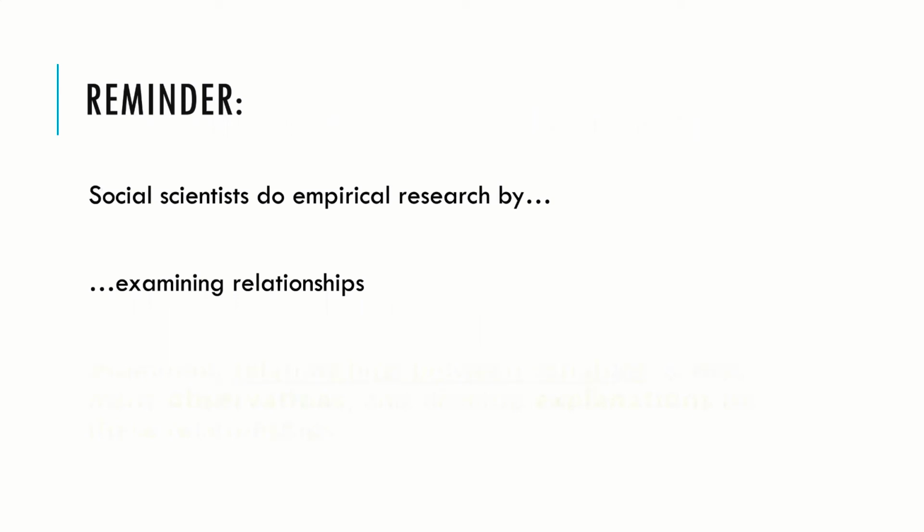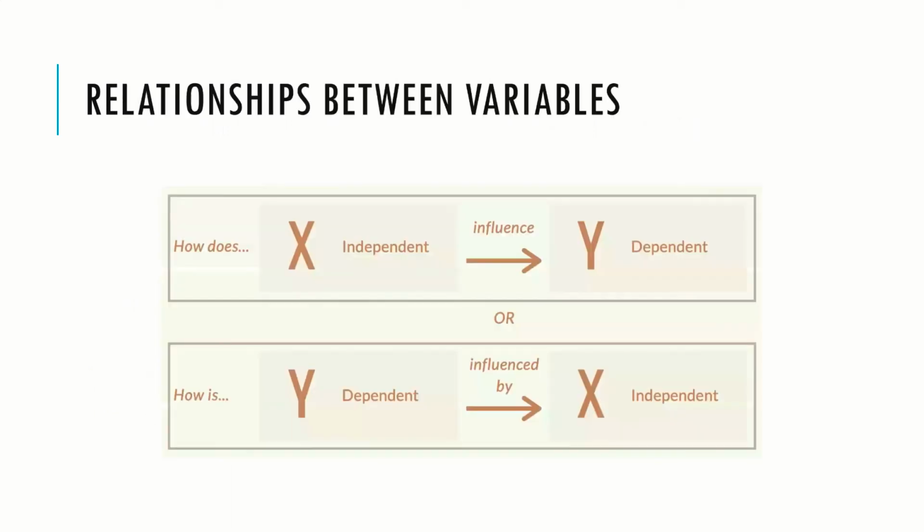Quick reminder, what we do as social scientists when we're doing empirical research is we're trying to examine relationships. We're talking about relationships between variables. Right? Variables, again, are those things that vary. And we have this idea of measuring some aspect of society, getting our unit of analysis being people, and one variable is going to be race. And another variable that is measuring something of society is going to be income. And we want to see how does one's race relate to or influence their income, right?